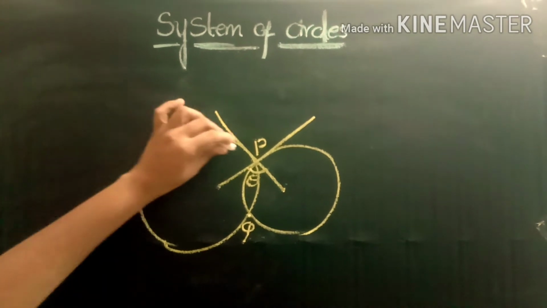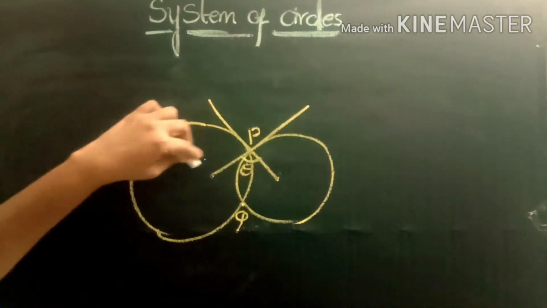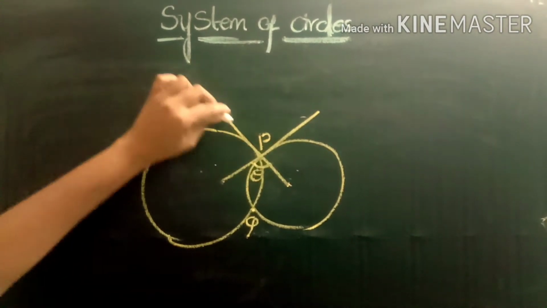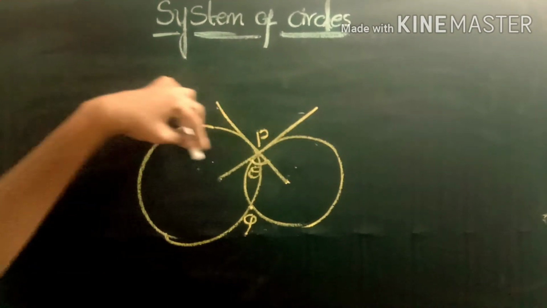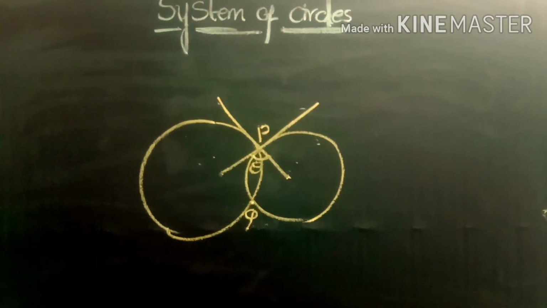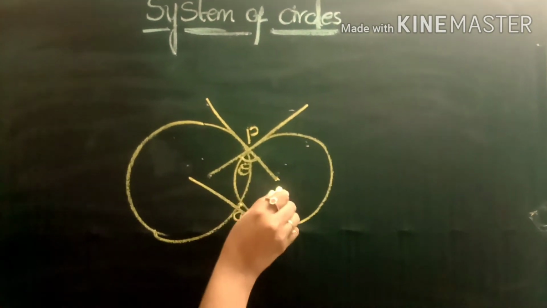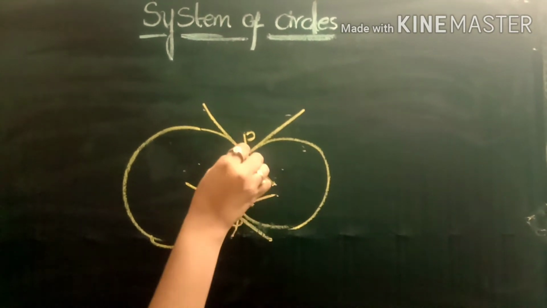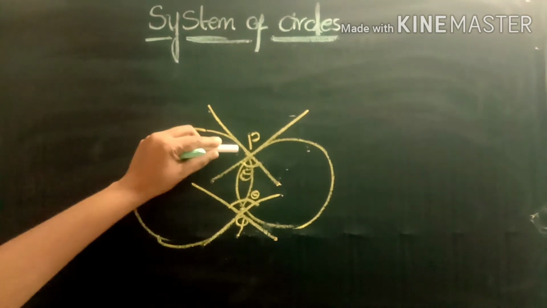Here we can take either of the two points of intersection. Here P is a point of intersection of the two circles. At the point P, we draw the tangents to the two circles. Now the angle between the two tangents is nothing but the angle between the circles. Or otherwise, we can draw the tangents at the point Q also. Now these are the tangents to the circles at the point Q, and the angle between the tangents at the point P and the angle at the point Q are equal.